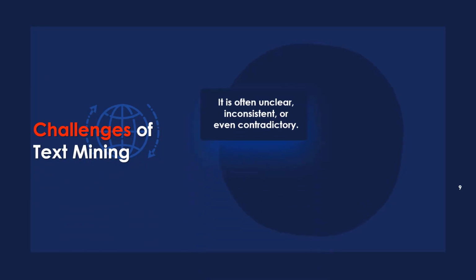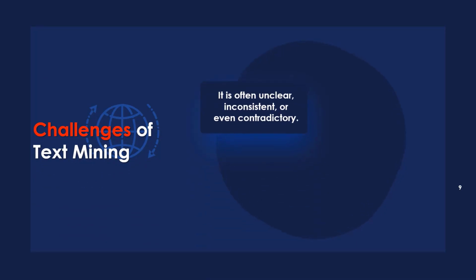Text mining can be hard because the information is often unclear, inconsistent, or even contradictory. Trying to figure out what it means is even harder because of differences in syntax and meaning, as well as the use of slang, sarcasm, regional dialects, and technical language that is specific to each vertical industry. So, when categorizing, tagging, and summarizing sets of text data, text mining algorithms must be trained to understand such ambiguities